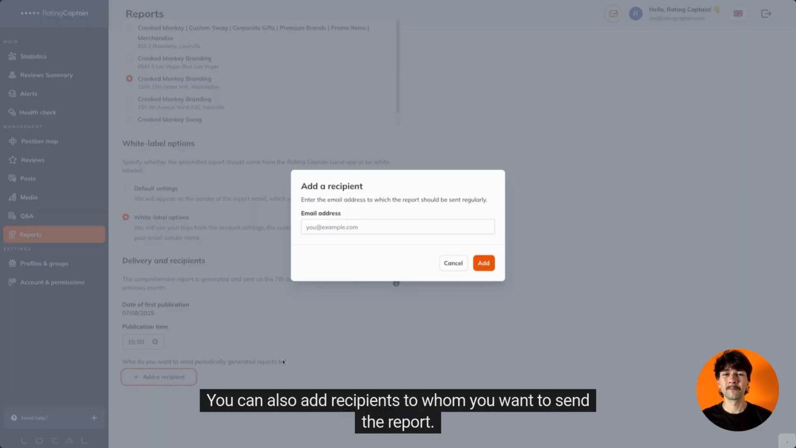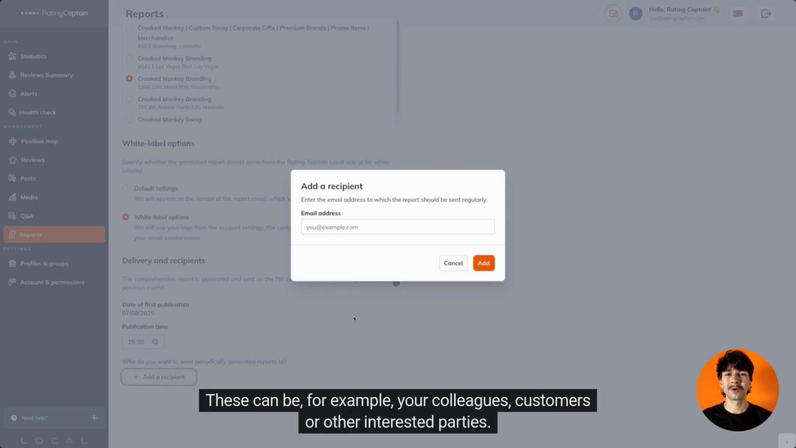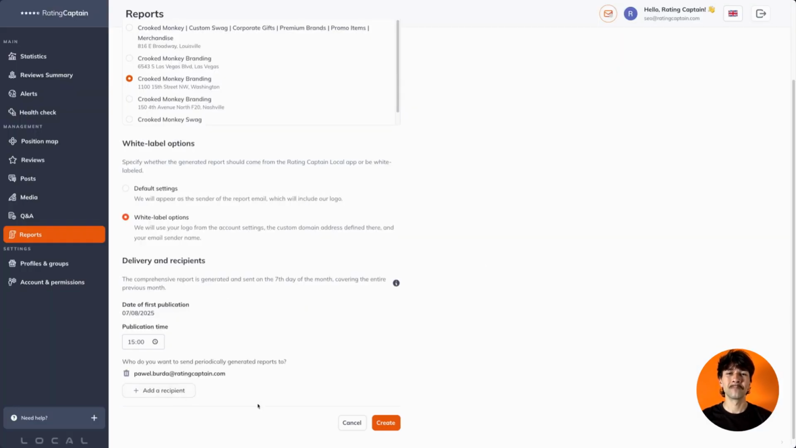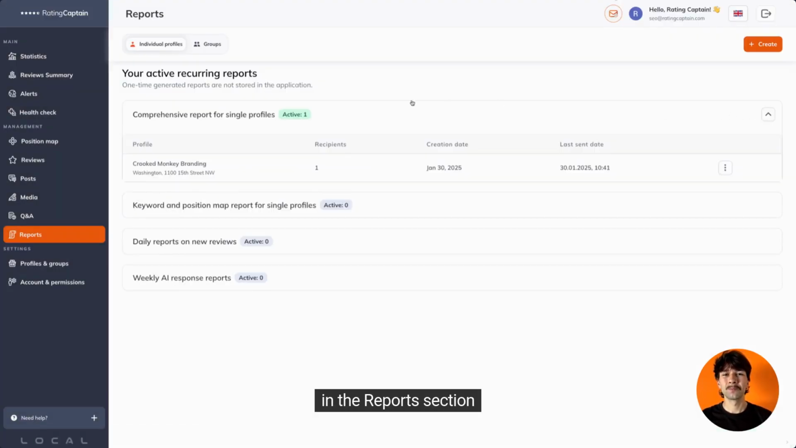You can also add recipients to whom you want to send the report. These can be, for example, your colleagues, customers, or other interested parties. I can easily add multiple email addresses by separating them with commas or by typing them sequentially. Once you have completed all the steps, you can generate a recurring report that will be added to your account in the Reports section,